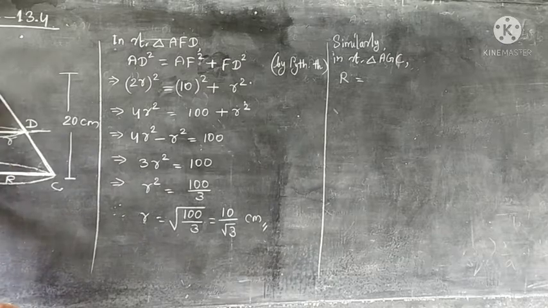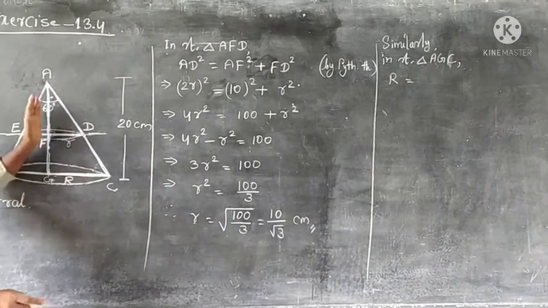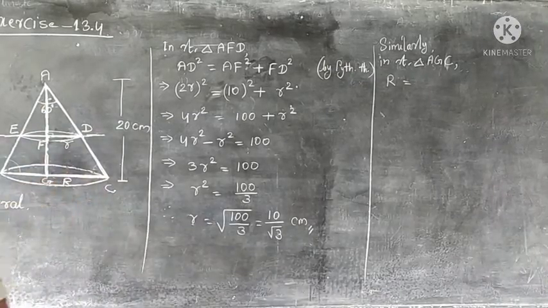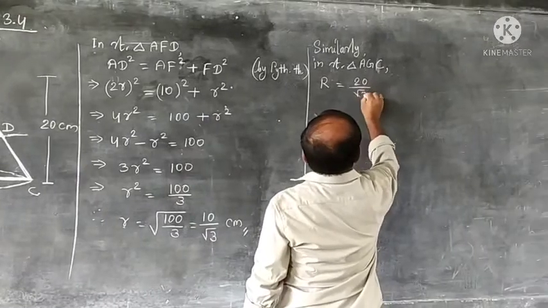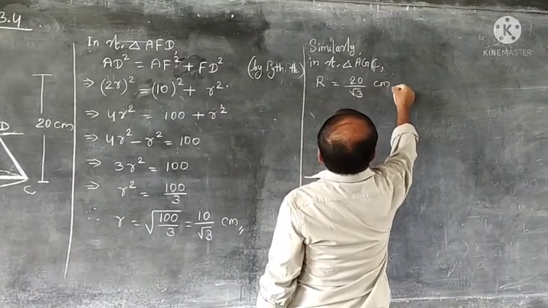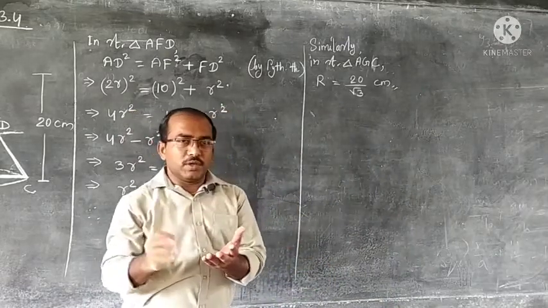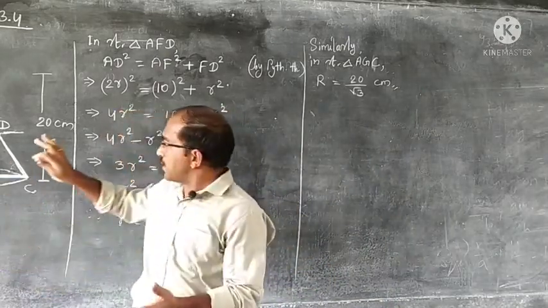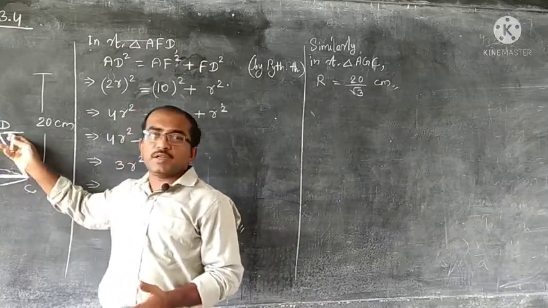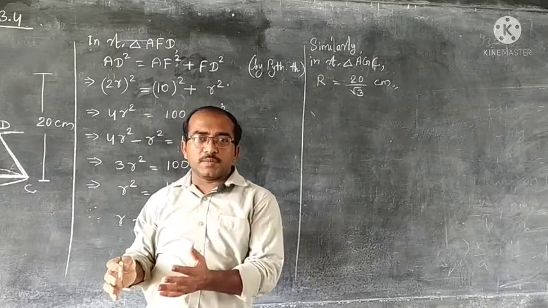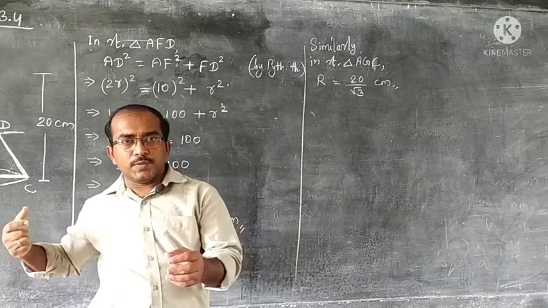I hope you are getting it. Till here it was 10. From the middle it is cut, so it will be 20. So 20 by root 3. The bigger radius will be 20 by root 3. We found it now. After that, what we need, we found the height, the wire is given. Now this frustum, height is 10, bigger radius 20 by root 3, smaller radius 10 by root 3, and how much metal it has in it, we are going to pull wire from it.